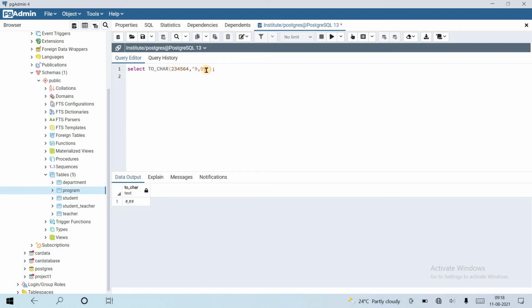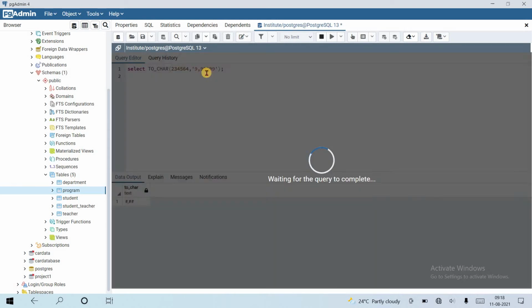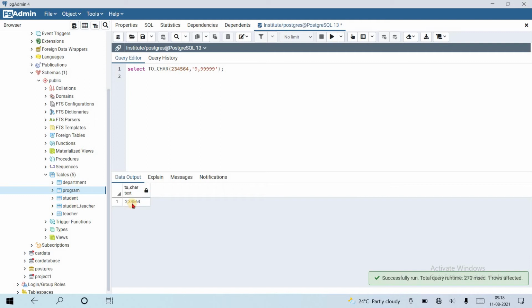Okay, let's see 123456, 123456. Let's run this. Yes, now it is able to do the conversion. So first 9, comma, then 12345, these 5 values are here, and before the comma one numeric integer.